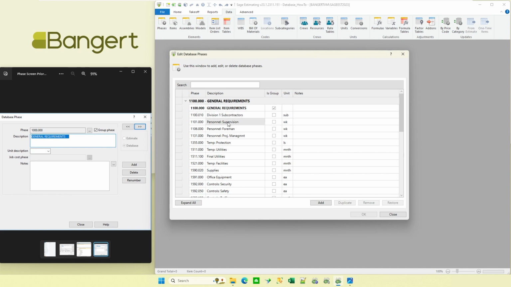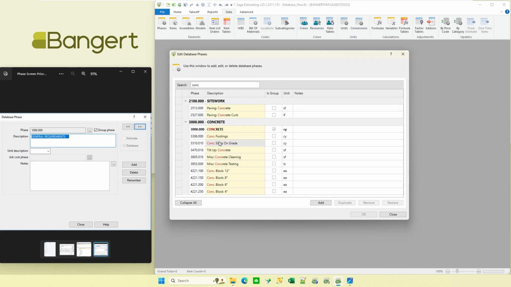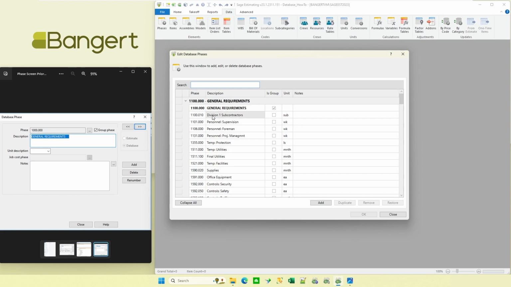It's a bit of a hybrid of the Database Editor window, in the fashion of being able to see multiple things. You can do some searches from here too. If I search for concrete, I can see that I've got concrete in a couple of different areas of the database. That's a little easier than pulling up a list and finding it in the list. If I take this away, let's say I'm just going to add a new